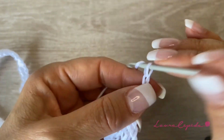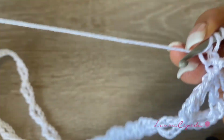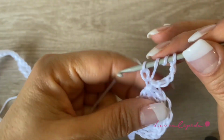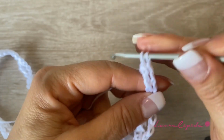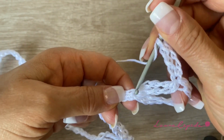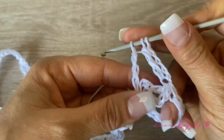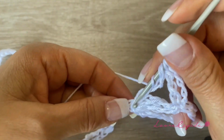Again, we are going to make 4 chains, and we have to make this a little bit loose because we want to have an open star. So we are going to make again in the same space an extended double crochet, and we will leave in hold the last loops. So again, in the same space we are going to make the next eye,